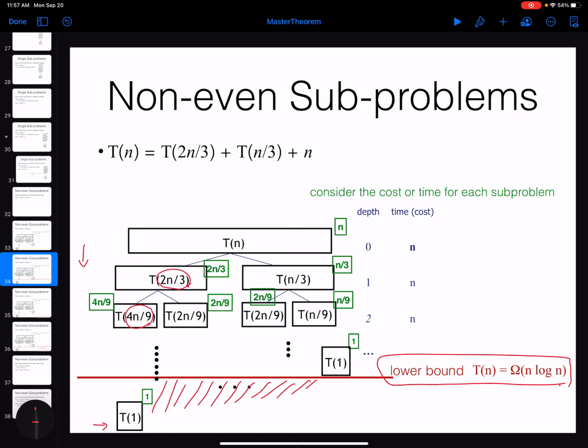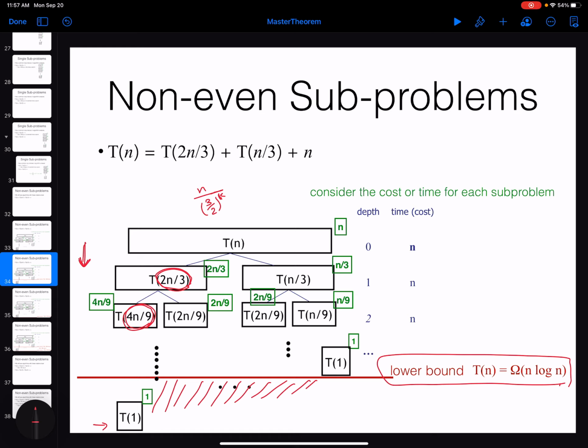So it is going to be 2n divided by 3, then 4n divided by 9. Or if I wanted to simplify it, this is going to be n times 3 divided by 2 to the power of k,